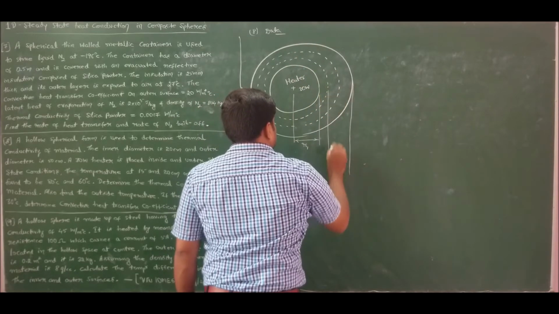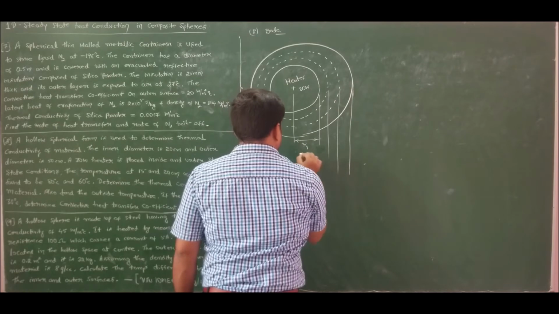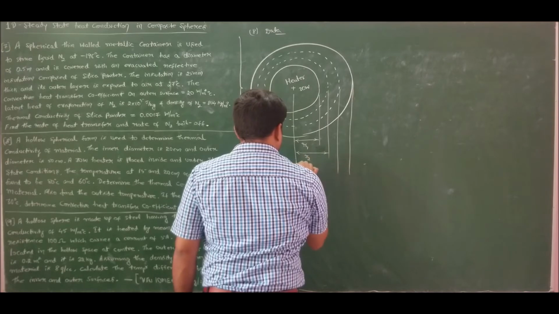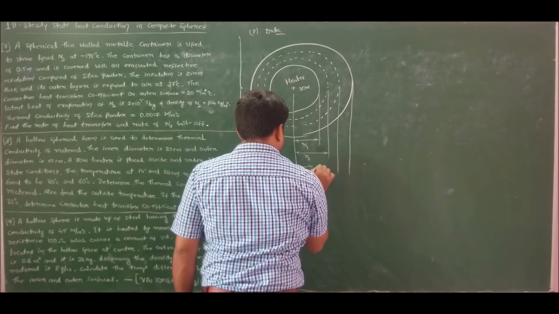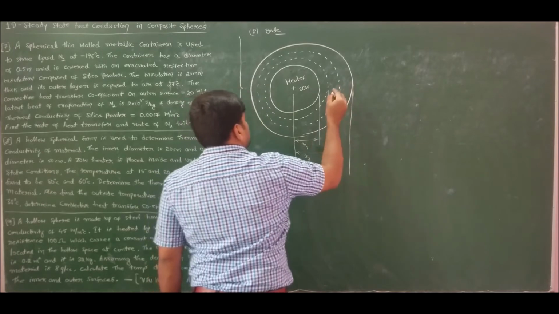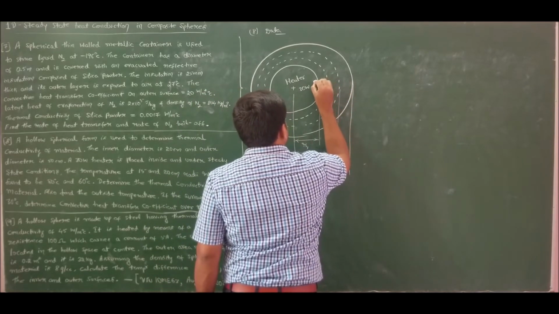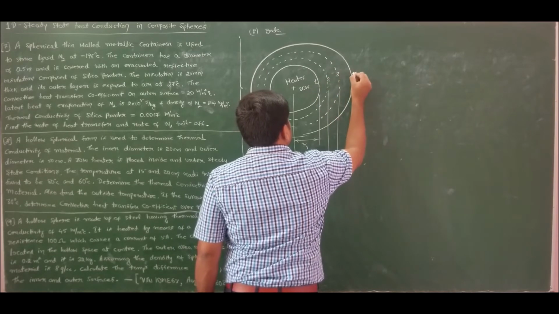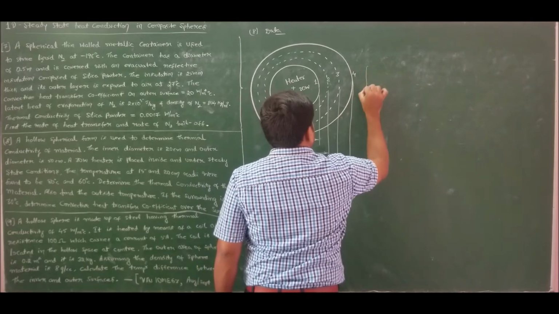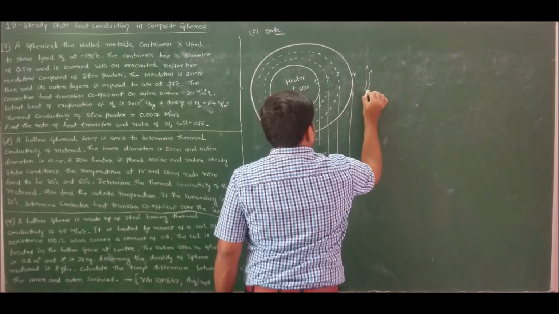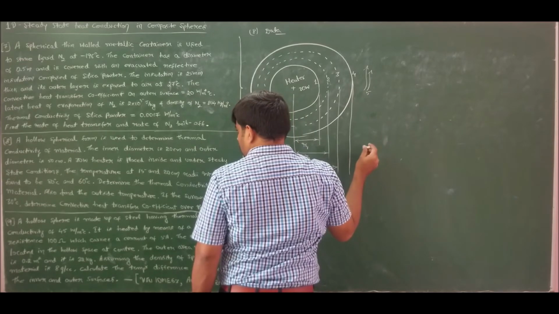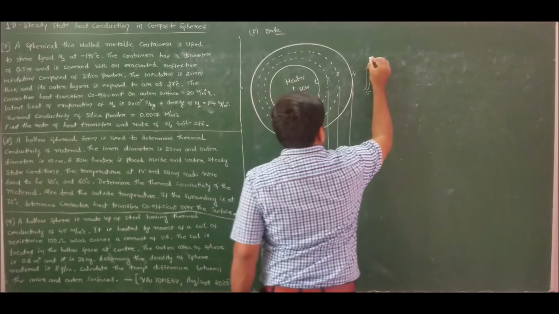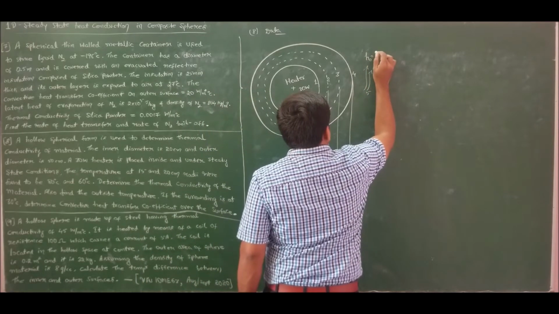So take two radii, 15 and 20. This states the radius as 15 and 20. Let us take them as R2 and R3, where we specified the temperatures. Let us take these as state points 1, 2, 3, the surface as 4, and the atmosphere as state point 5. And he has asked us to calculate the value of H0 also.